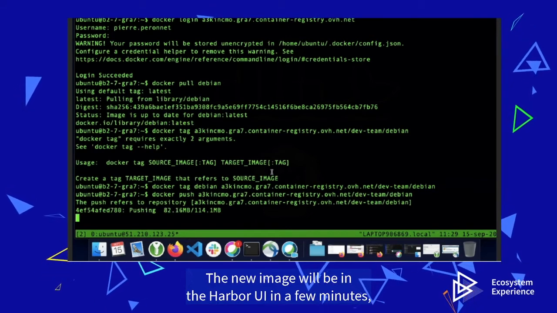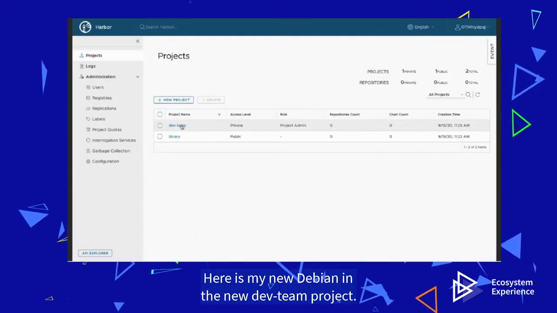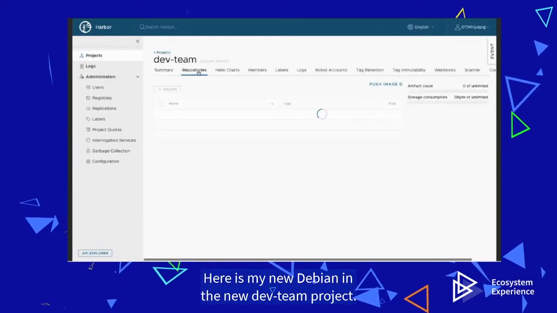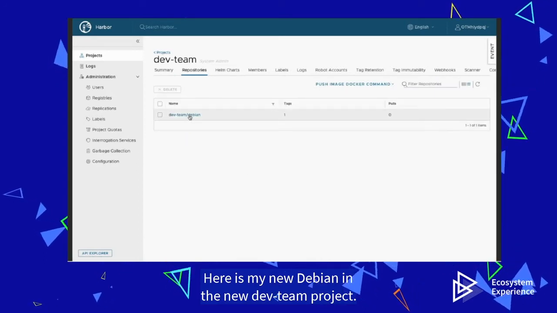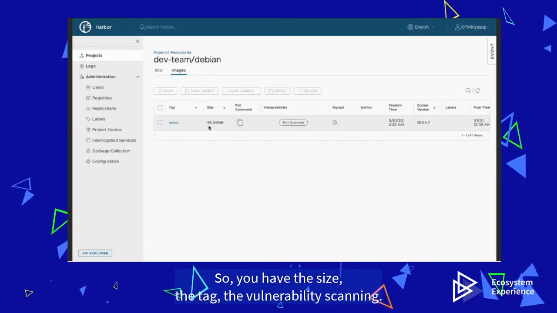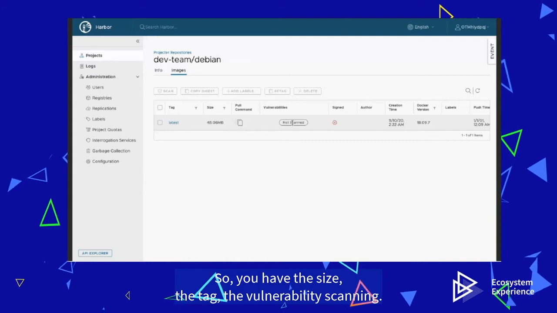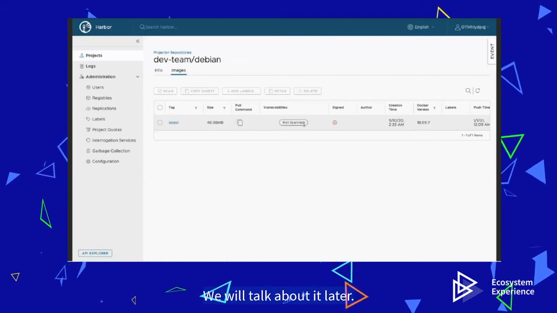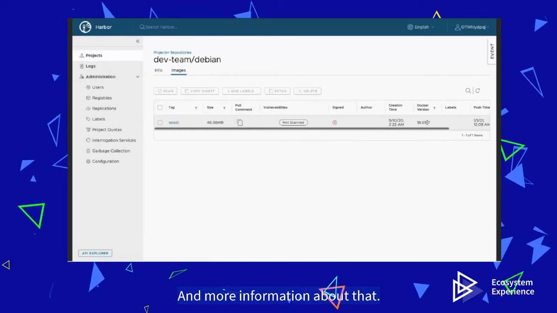The new image will be in the Harbor UI in a few seconds. Here is my new Debian in the dev team project. So you have the size, the tag, vulnerability scanning, we will talk about it later, and more information about that.